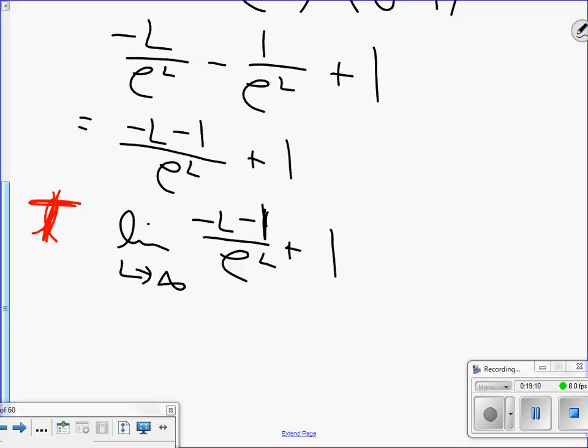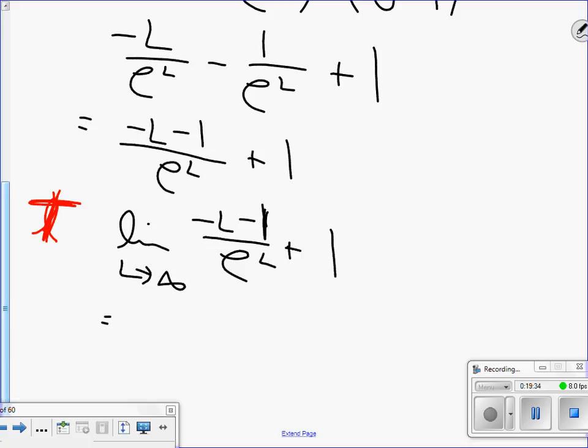Who do you call when that happens to see what it is? Even if you didn't realize that you had a slow-growing function over a fast one, which is always going to give you 0 as it approaches infinity,